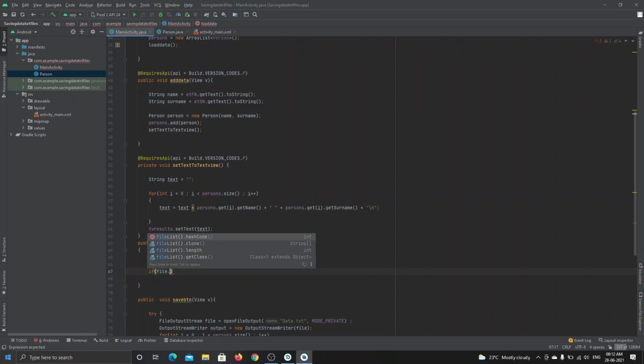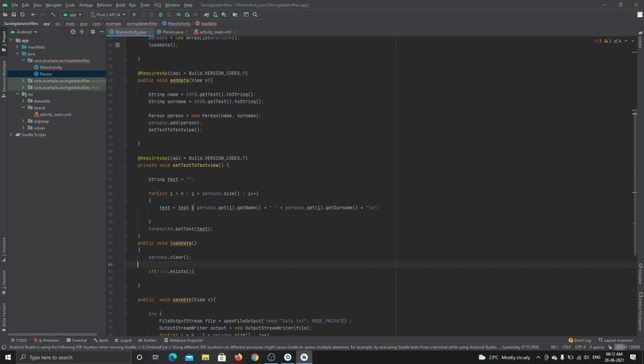If file dot exists, I should get the data back. And before declaring this if condition, I want to get the file, right? I want to check for the file. First I want to use the object reference to get that file. So I will open up the file: File file is equal to